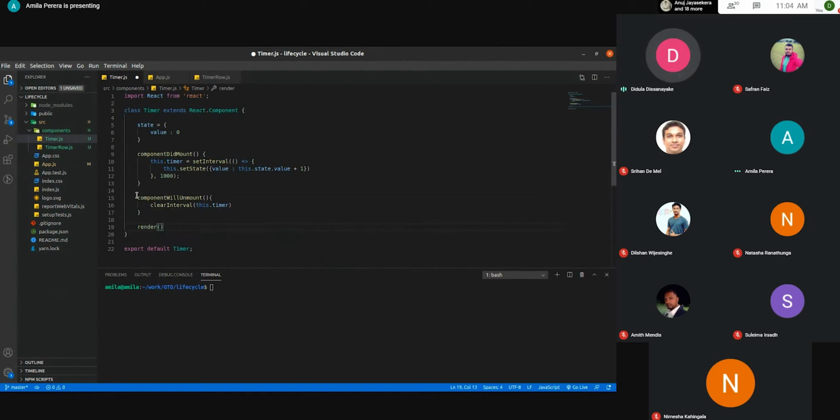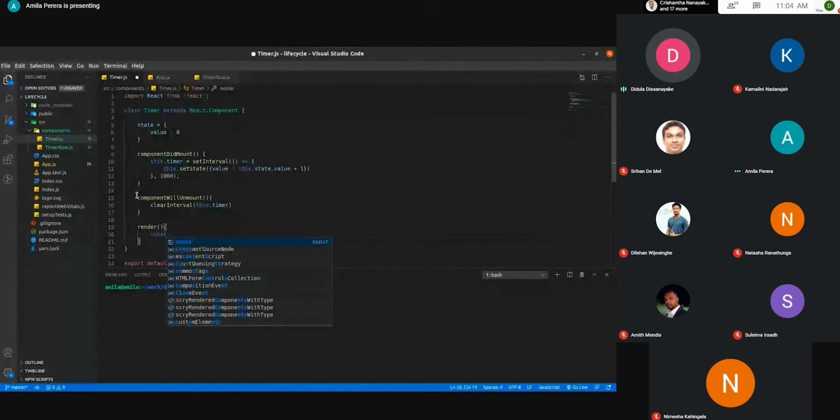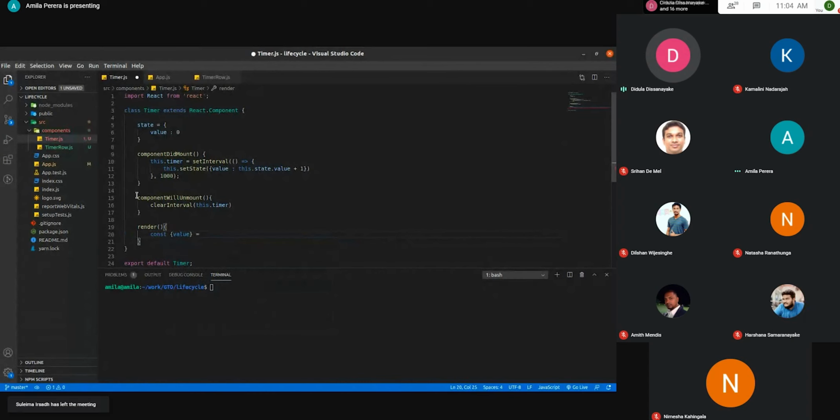With the rapid changes in React releases, they have identified some of the latest JavaScript features, so they were able to remove the constructor and get the benefit of ES6 features. That's the reason we can remove the constructor here.